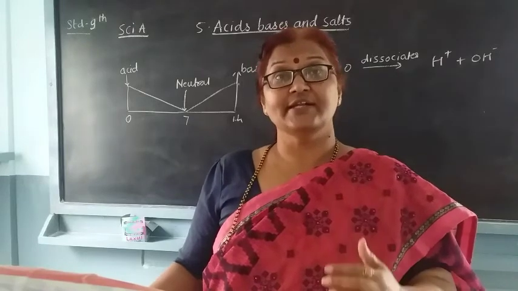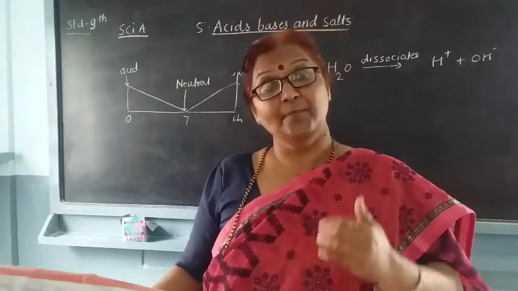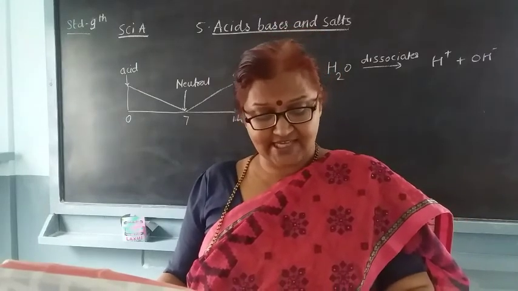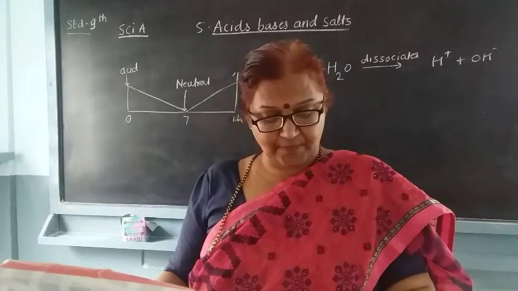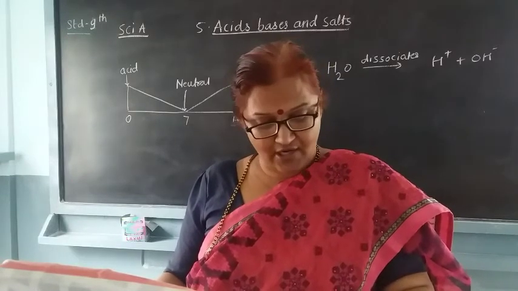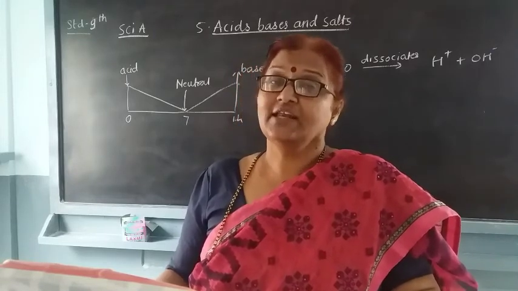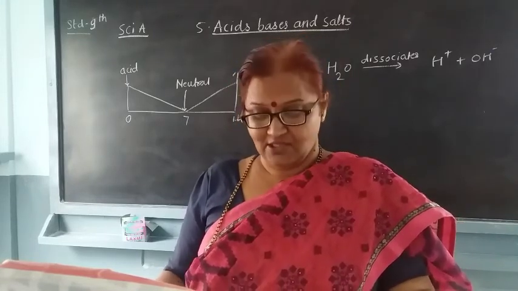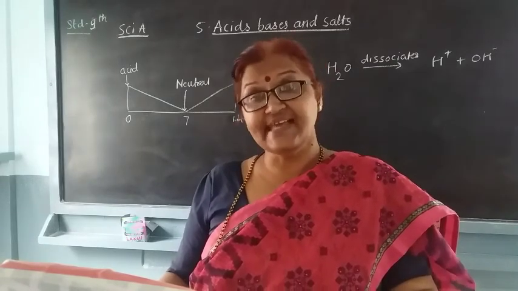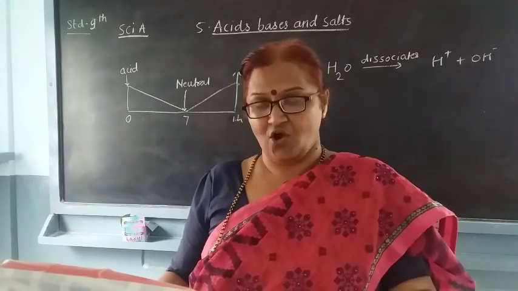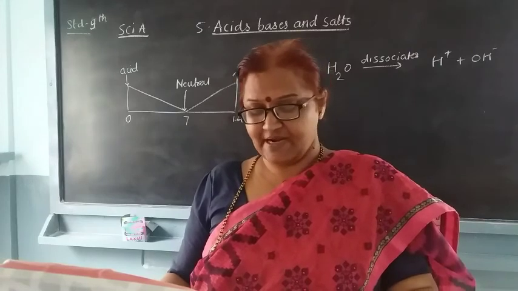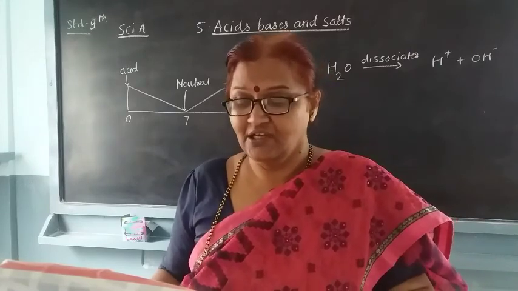But how are we going to determine it? We determine it on the pH paper, which is also made from it. However, the most accurate method of measuring the pH of a solution is to use an electric instrument called a pH meter. You can also measure the pH on a machine called a pH meter. This is a very safe and very accurate method of measuring pH. In this method, pH is measured by dipping the electrodes into the solution.